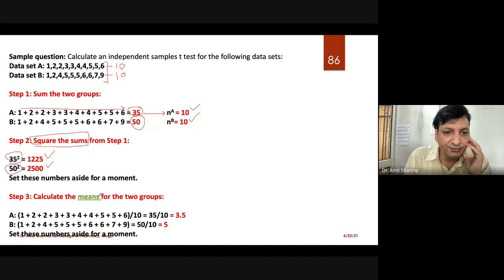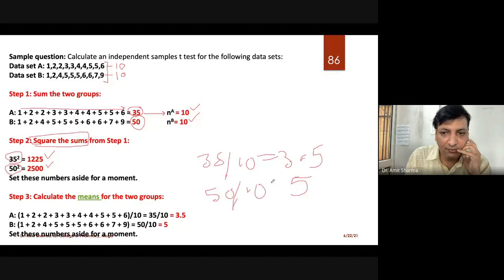In step 3, we have to calculate the mean. You can see here that 35 divided by 10, we have got 3.5. That is the mean. And for the other group, 50 divided by 10, we have got 5.